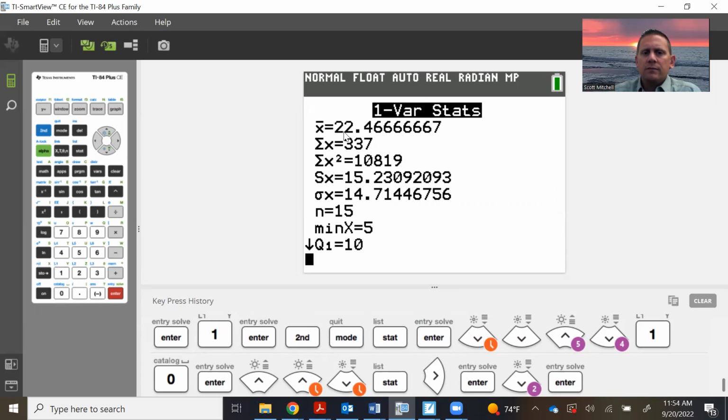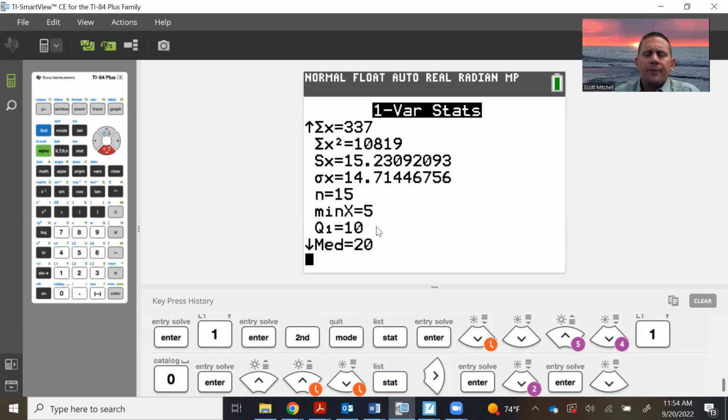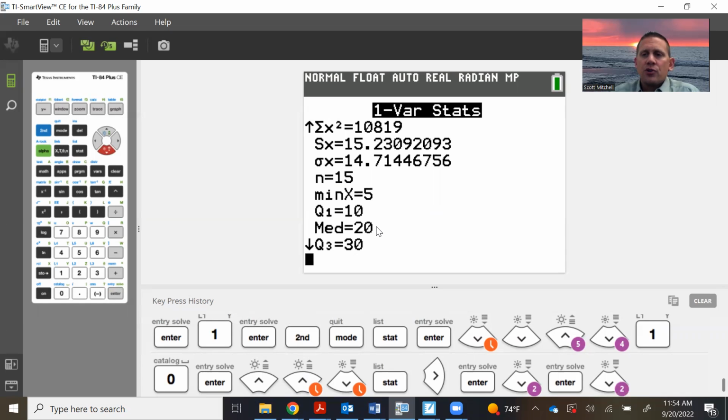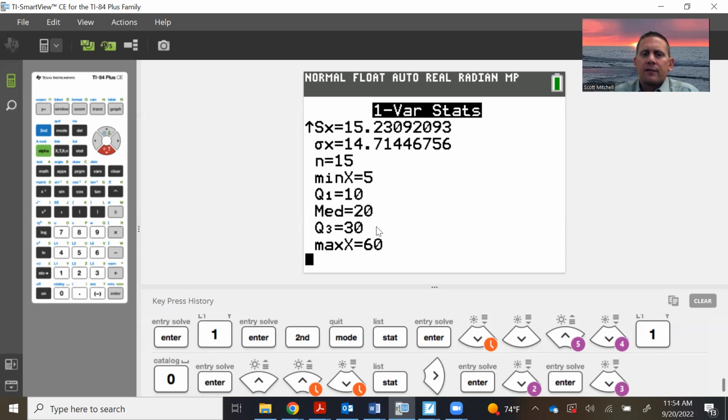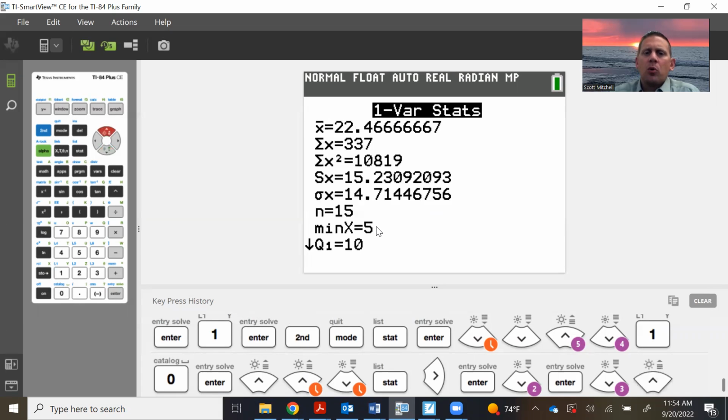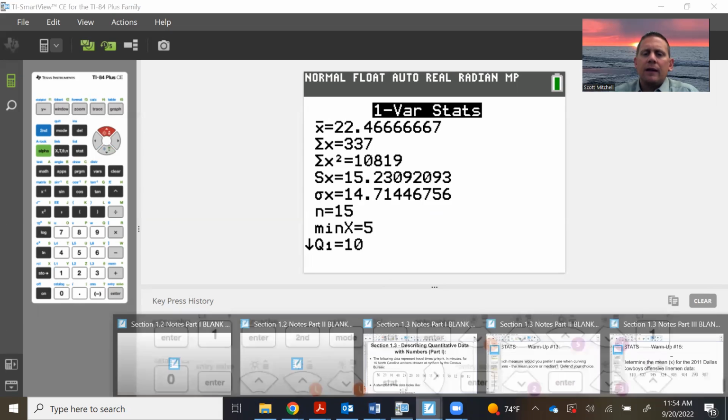So there's your mean. Some of these other numbers we don't necessarily need right now. Here's your standard deviation, which is going to be very important to us, the 15.23. It tells you your min, which you probably already knew just by looking at the data set. Then you have your first quartile, your median, your third quartile, and your max. Those are all going to be important to us, and we're going to need to keep those in mind